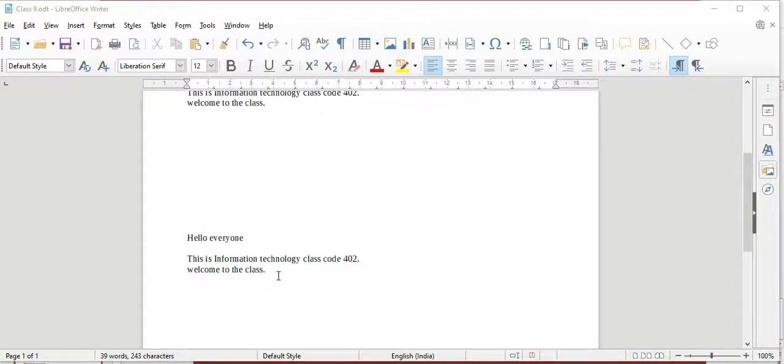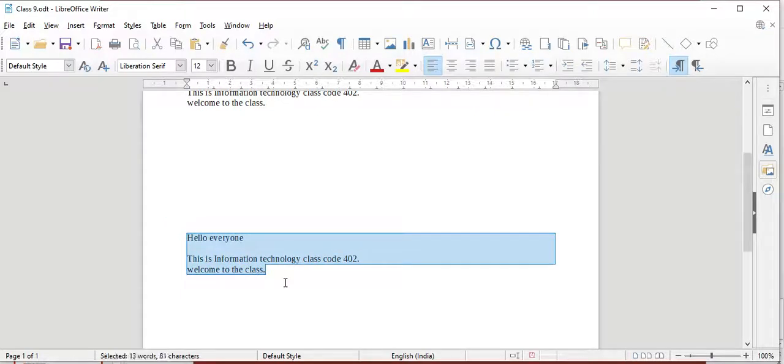Selecting text. When you want to select some text, keep your cursor where you want to start selecting, left click and drag your mouse. The text will get highlighted. For editing your text, you must highlight it. You should select your text for editing. Now there are different criteria for selection. To select text in Writer, swipe the mouse cursor over the text. There are several selection tricks to speed up the selection process.